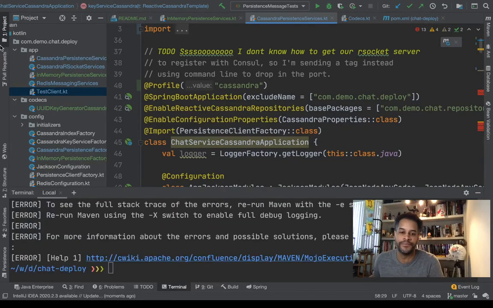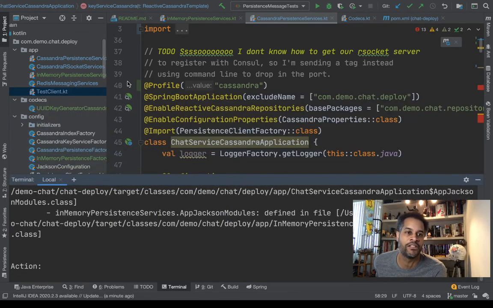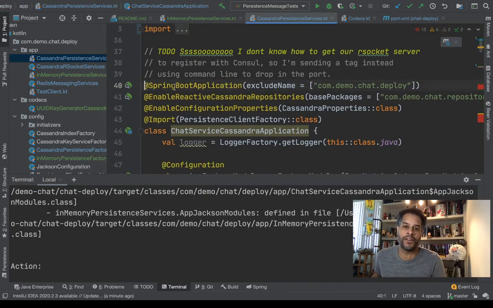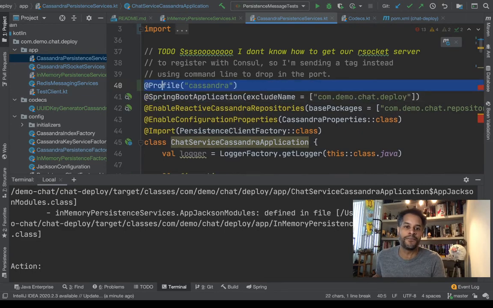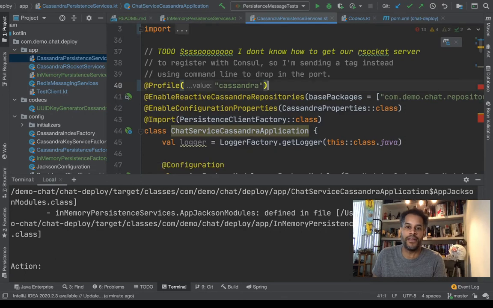The build keeps failing, and that's because I'm a failure of a developer here. Look at me, developing software that keeps telling me no. So we have an app Jackson module, but there were two found, and the reason why was because in-memory persistent services and Cassandra chat service Cassandra application are both Spring Boot applications, in which case they want to, I suppose, vie for victory or something like that. You know what I mean? Like, I think they're literally jockeying for attention. So I'm gonna get rid of that there,